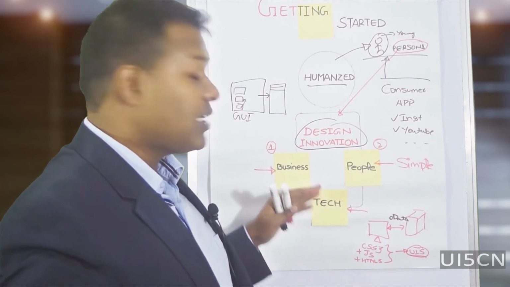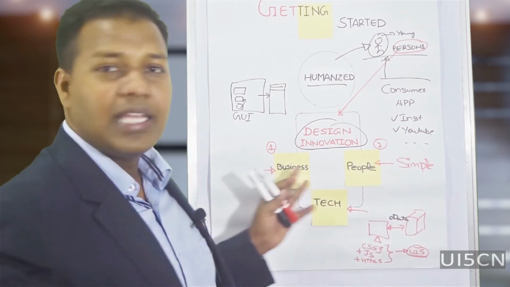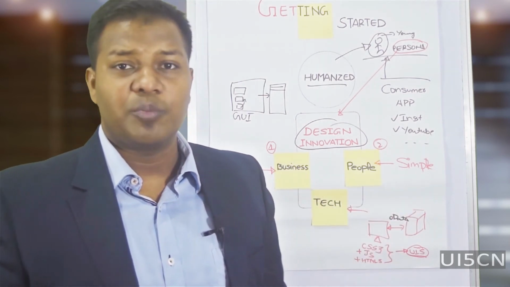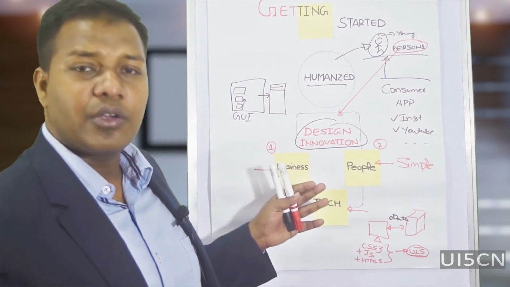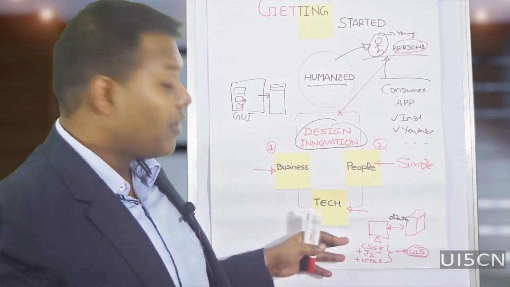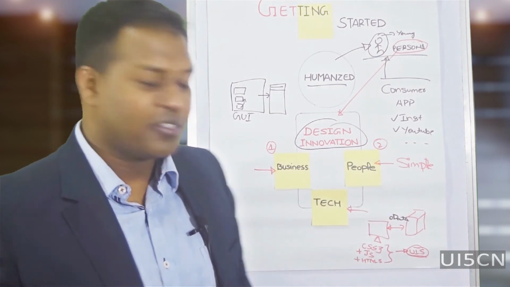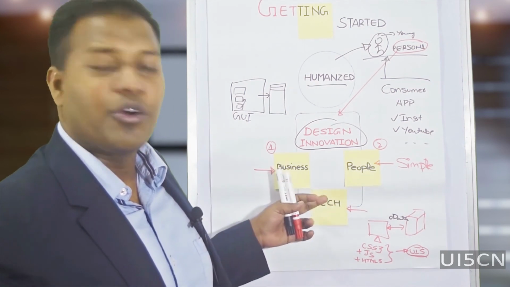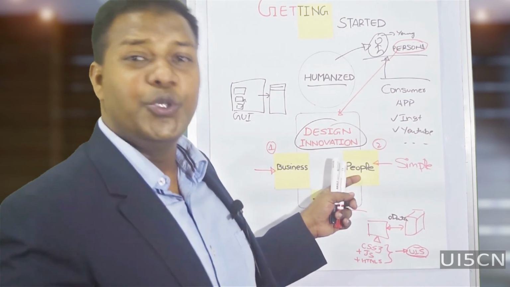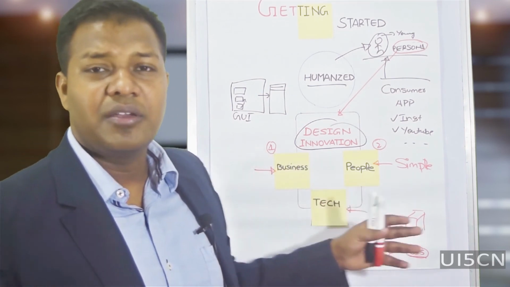If your design is very innovative and much easier for your user to use, but doesn't fulfill the business requirement, your customer will not adopt it. If the business requirement is fulfilled and people are very happy with the design on paper, but it cannot be implemented technically, then it cannot be created, so that also doesn't fit the picture. And the third piece of the puzzle: it does the work and is feasible to make, but people are not happy or are not able to use it properly. If it's very difficult for people to use, then it will not be effective.